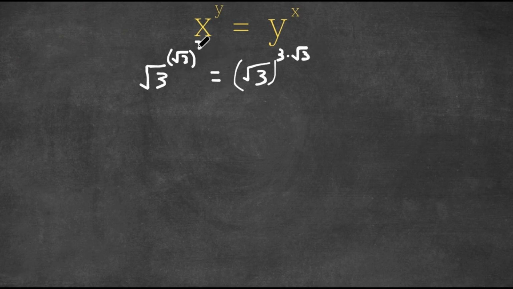Now, the square root of 3 to the power of 3, well, this is the same thing as the square root of 3 to the power of 3 to the power of 1/2 times 3. And this is equal to the square root of 3